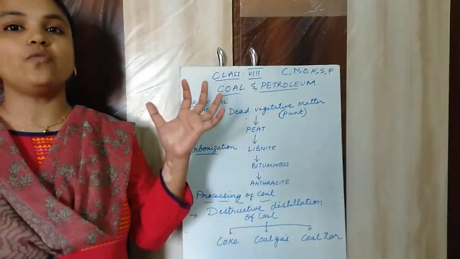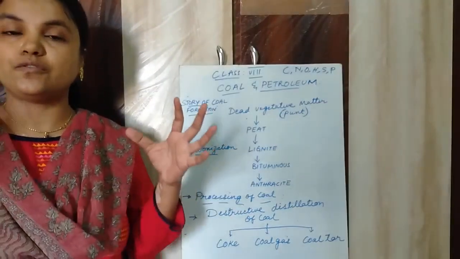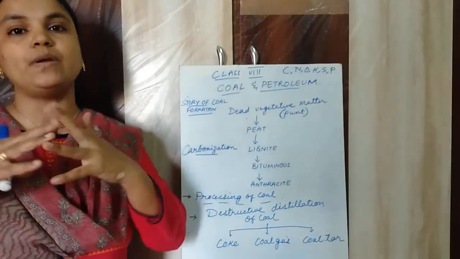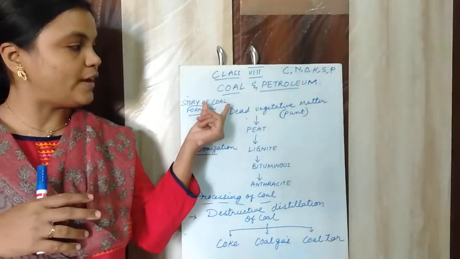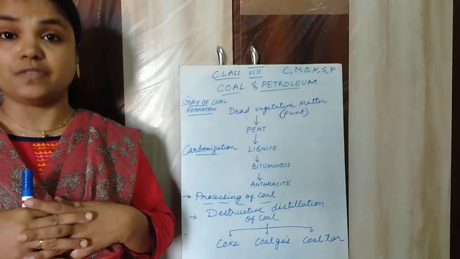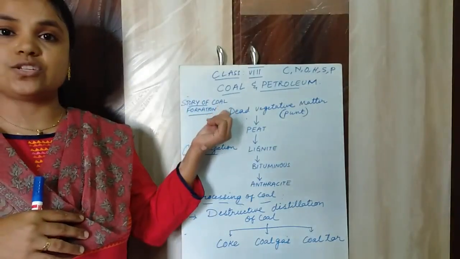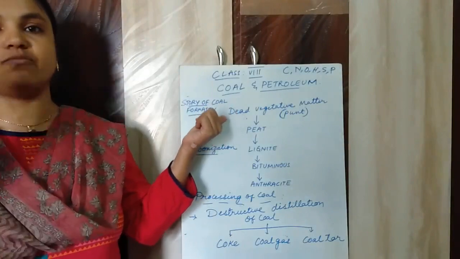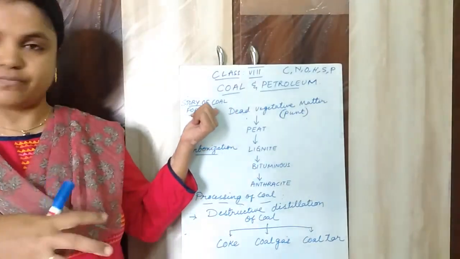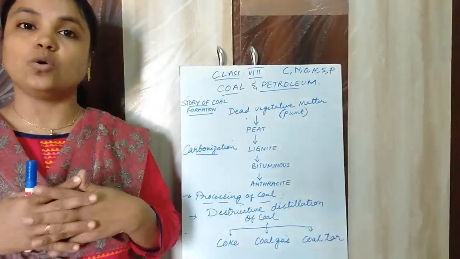We know that millions of years ago, the forests were buried deep into the earth's crust. Where do you find coal? Coal also we get from the deeper layers of the earth. Deep below the earth's crust, you have many coal mines from which the coal is extracted or taken out. So here, over millions of years ago,